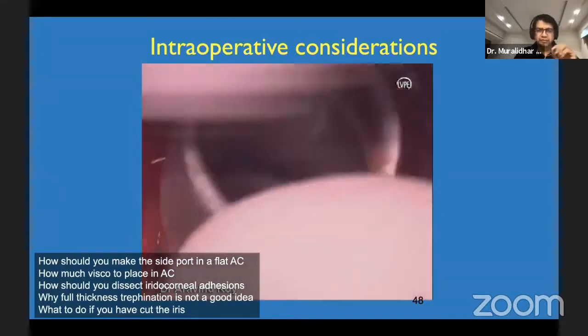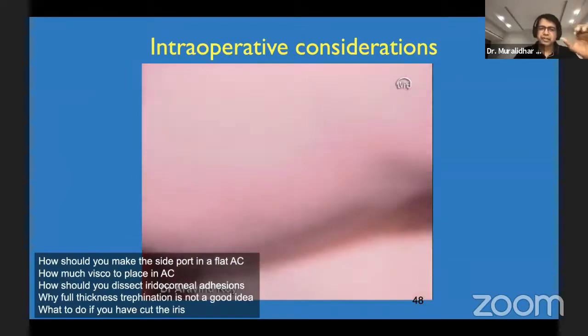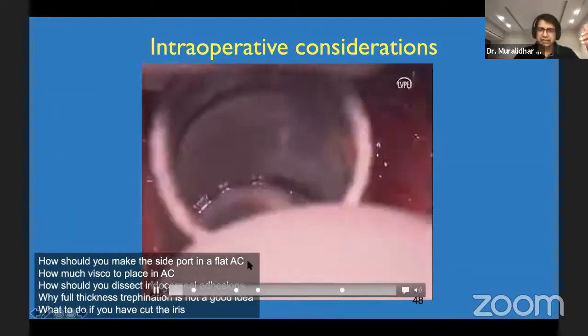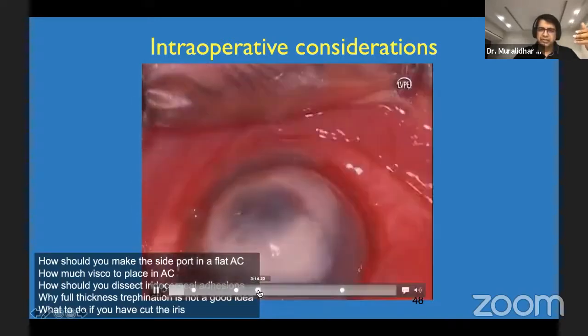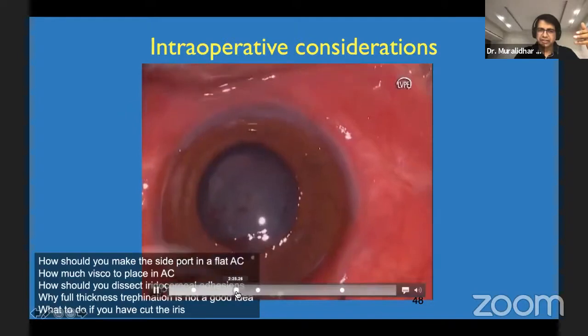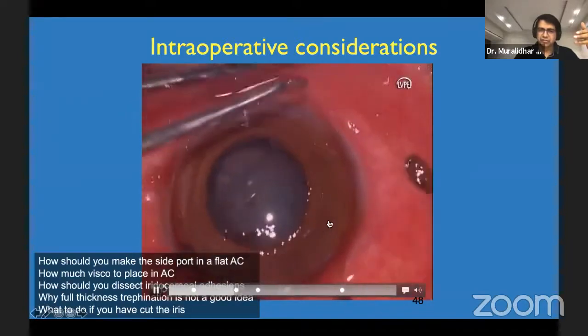So it's very important to use a very sharp instrument. In a soft globe, even your sharpest instrument looks blunt. And so each rotation has to be carefully done to avoid inadvertent lens injury. You can actually see